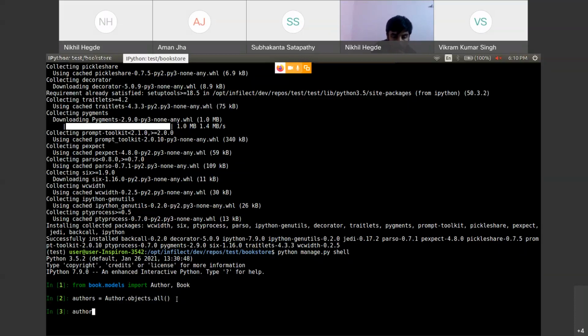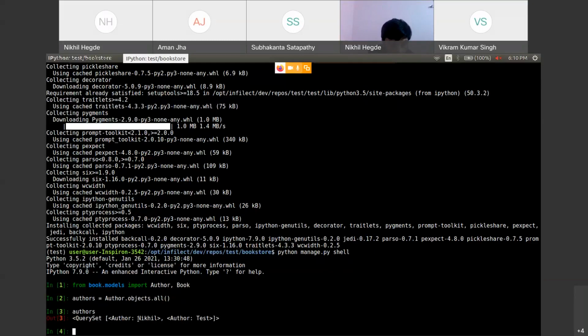Now I will print what is there in authors. So here you can see that the output of an ORM query is of class QuerySet. It's not any Python data type like a list or dictionary. It's a special data type called QuerySet.